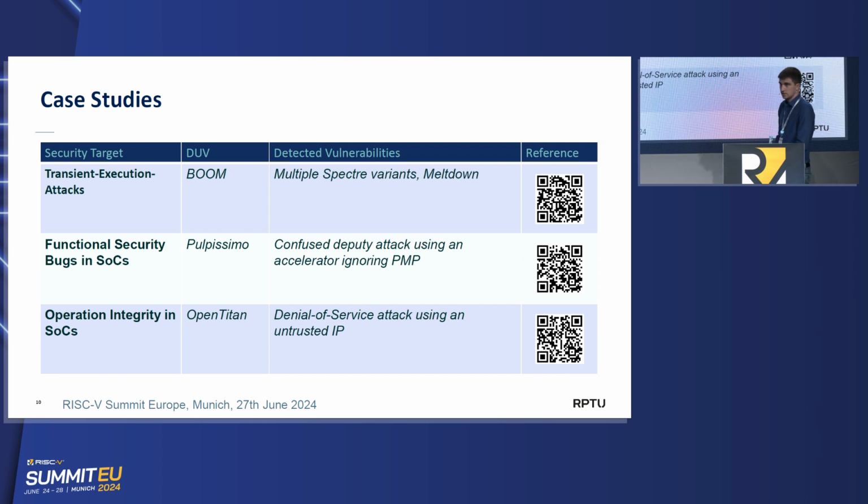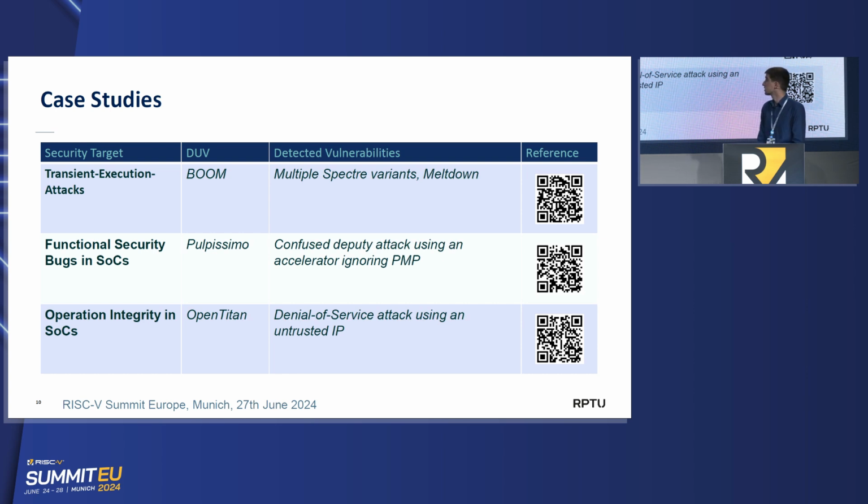So we also did experiments with UPEC for transient execution attacks, especially in out-of-order cores. Here, in this case, it was BOOM. We found multiple Spectre variants and also a Meltdown vulnerability in it. And we also came up with a secure-by-construction design methodology for out-of-order cores, where we use UPEC to iteratively verify our incremental design. And by that, we produced the first formally verified RTL implementation of an out-of-order core that is secure with respect